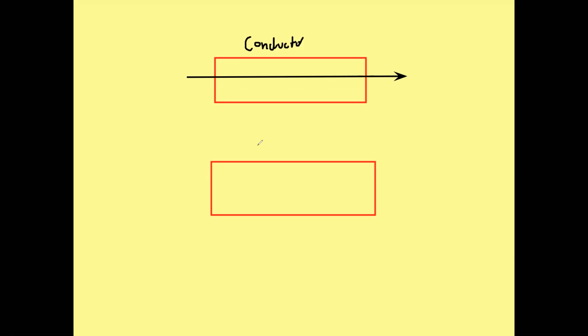But some materials block or stop the heat energy, do not allow it to flow through them, and we call them insulators. So even though both are solid, conductors are solid, insulators are also solid, but why does a conductor allow the heat energy to pass,